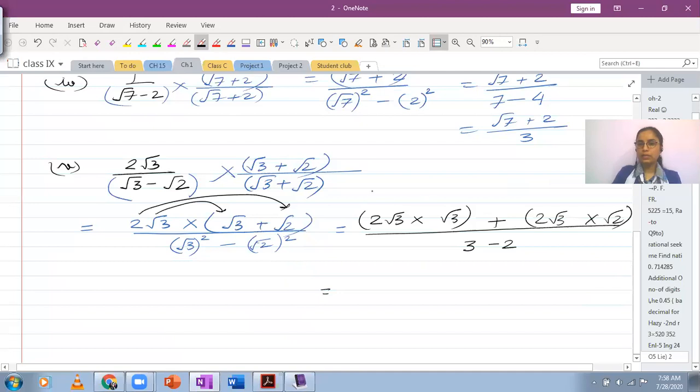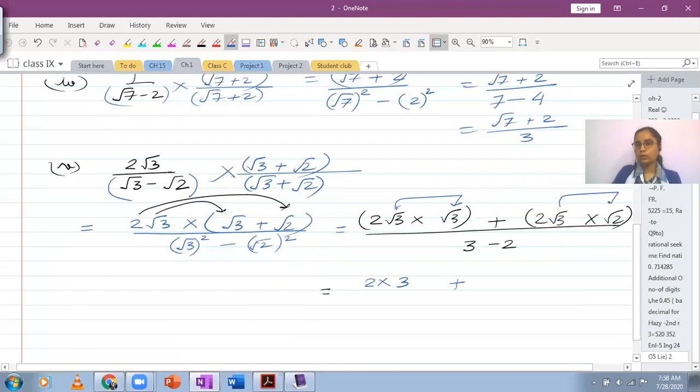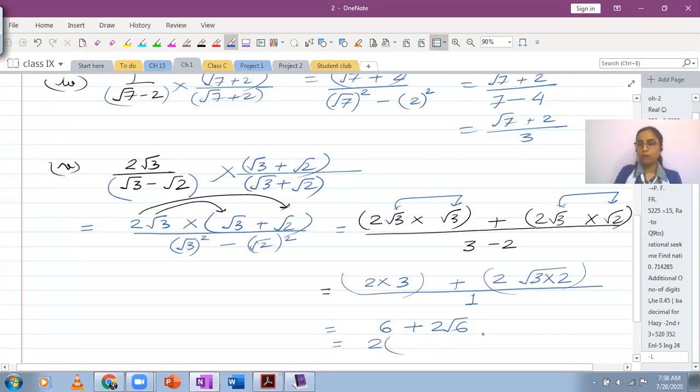And now we simplify. Simplify the products. So over here, these two, yes, this will actually be 3, which is 6. You can write 6 directly. Over here, these two are having the root 6, same exponents. This will be under the root 3 multiplied by... So I've got this and this in the denominator. It's 1. So the 1 from the denominator can be ignored, and I will have 6 plus 2 under root 6 as my answer. And I sometimes like to take the common factor from the two terms of the binomial. So if I take 2 common, this is what I will have.